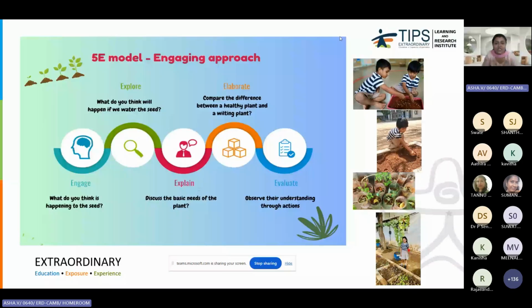So, to make it more elaborate, wherever we grow some plants, we could find a healthy plant and a wilting plant. So I just asked them to compare the difference between the healthy plant and the wilting plant. This helped them connect to real world scenarios, explaining which is healthier. So this made the learners understand that when we water the plant, if a wilting plant is present over